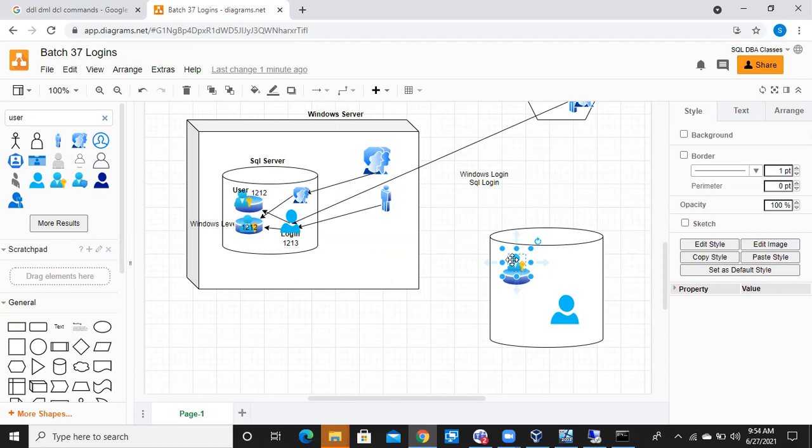Instead of taking a headache like that, simply create the login with the same SID. That will also avoid permission issues. Never delete the user. Once you delete the user, all permissions will be deleted, and again you don't know what permissions were there for that user. It will be a headache to get the same kind of permissions. The better way is to merge the login with the SID, instead of deleting and creating the user.